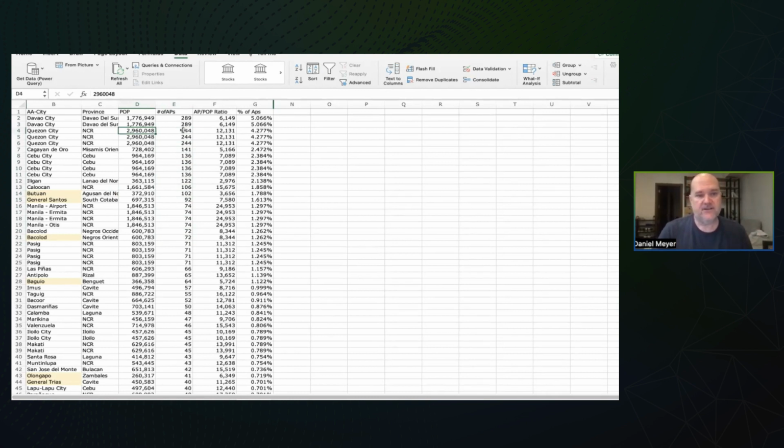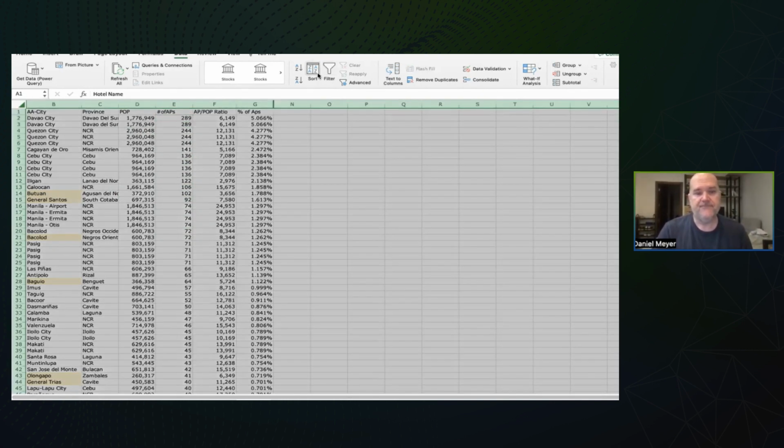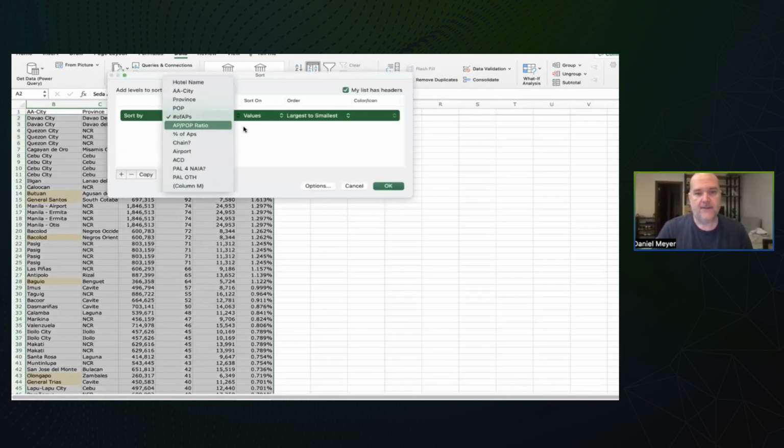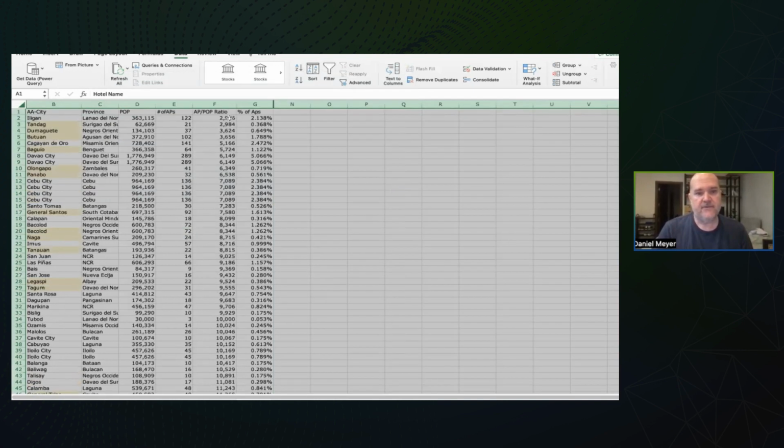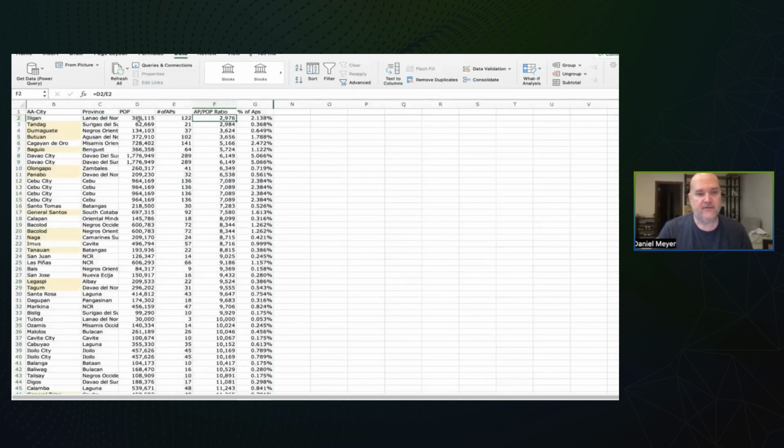So we can also, as I mentioned before, besides number of applicants, look at applicants per population. So we get a number that basically divides the number of applicants among the population so that we see how much of the market we're able to touch, right? So there's 363,000 people in Iligan, and we've had 122 applicants. That means we're getting one of every 3,000 people that live in Iligan applying for a job with us. So this is an example of analytics, right?